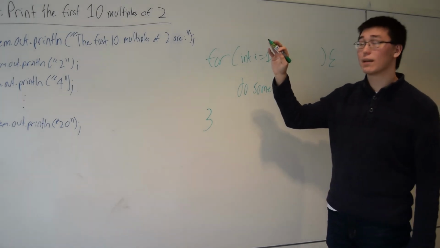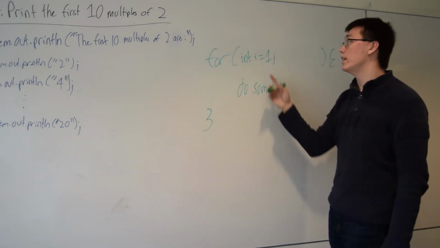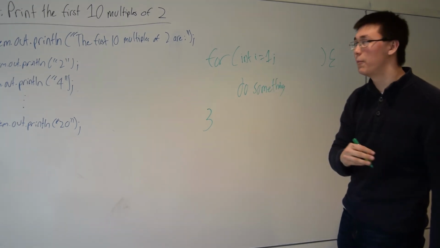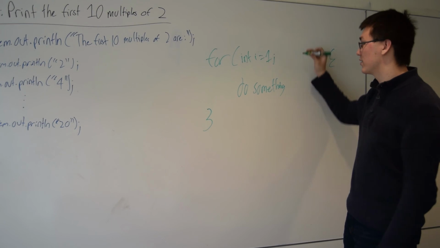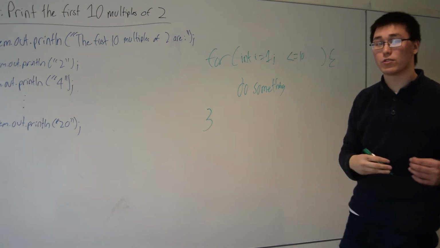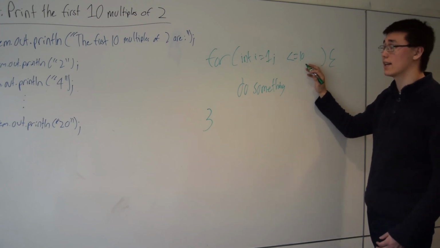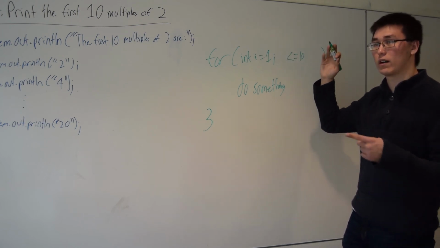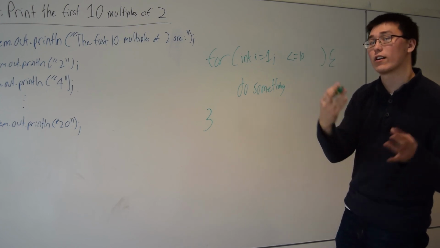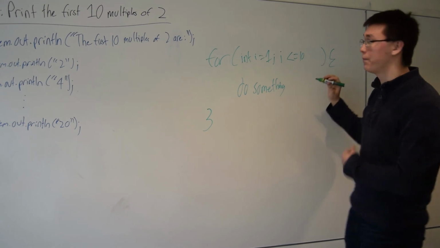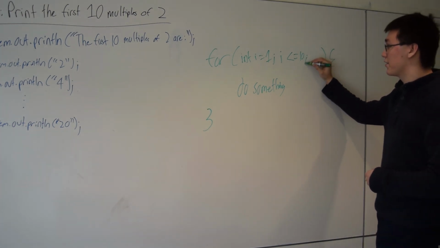So we want to do something for 10 times, right? So we need to make sure that the number of times we've done it so far is always less than 10. So we're going to want to say less than or equal to 10, right? We're keeping track because we would still want to do it that 10th time. And what do we want less than or equal to 10? Well, we want the number of times we've done it so far. We want our count. We want i to be less than or equal to 10. Then we're going to need another semicolon,